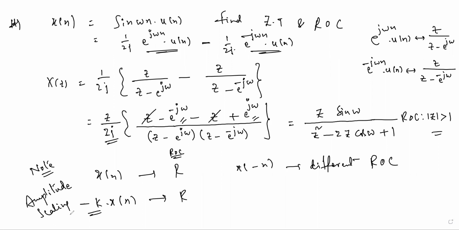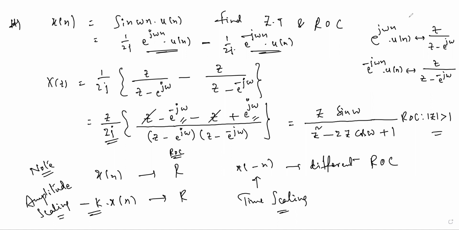I think all of you noted. Time scaling, amplitude scaled versions. What is the effect on ROC? That's what to note. Right. So far we have derived Z transforms and ROC of some standard elementary signals. This must be remembered. Now let us see some properties of Z transform. Combining them, we can solve all exercise problems based on these properties and ROC.